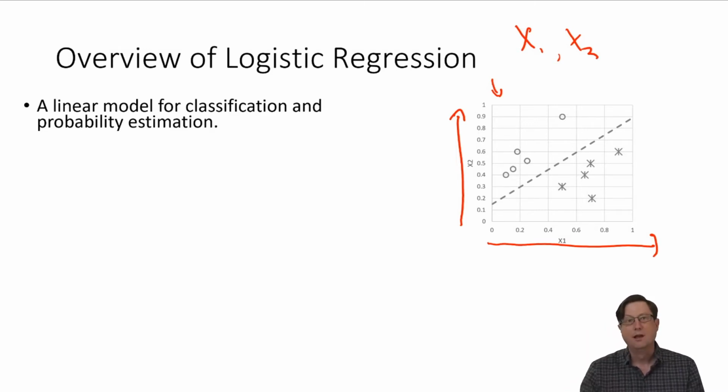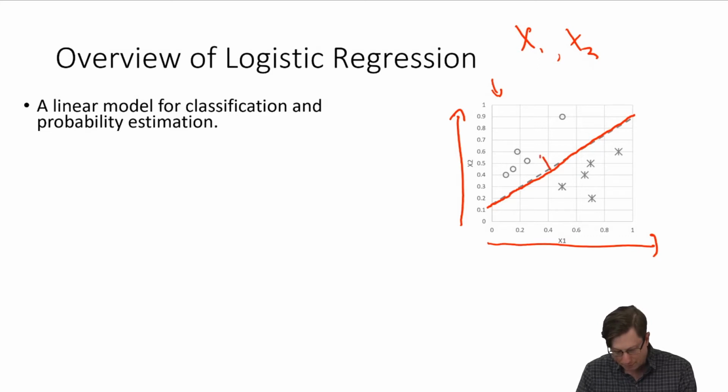A linear model cuts the instance space with a single line or plane or hyperplane, depending on what your dimensionality is. So in this case, that line there is a linear model, and you would say everything on one side of it would be classified as 1, everything on the other side of it would be classified as 0 if you're doing classification, or if you're doing probability estimation,